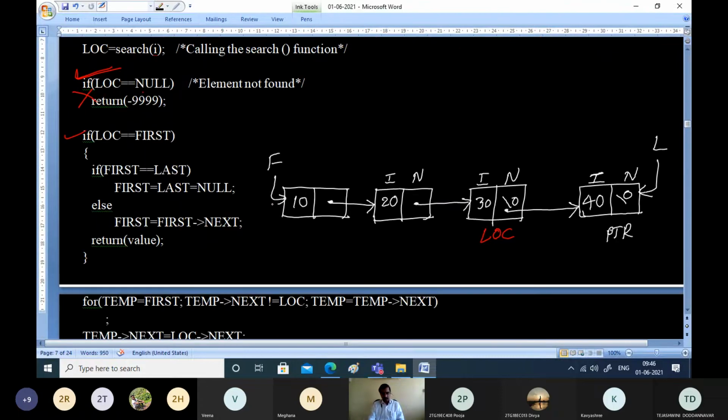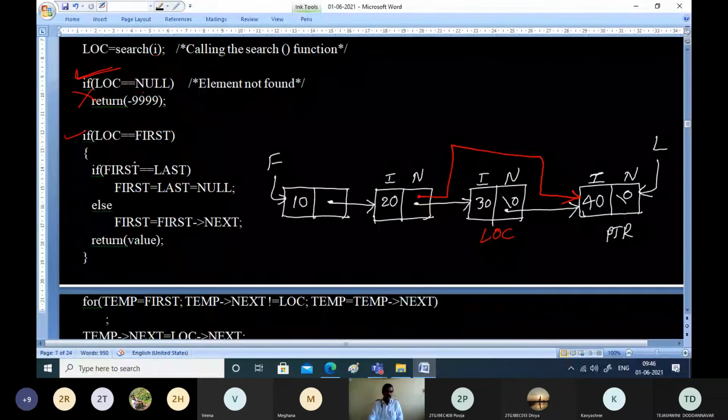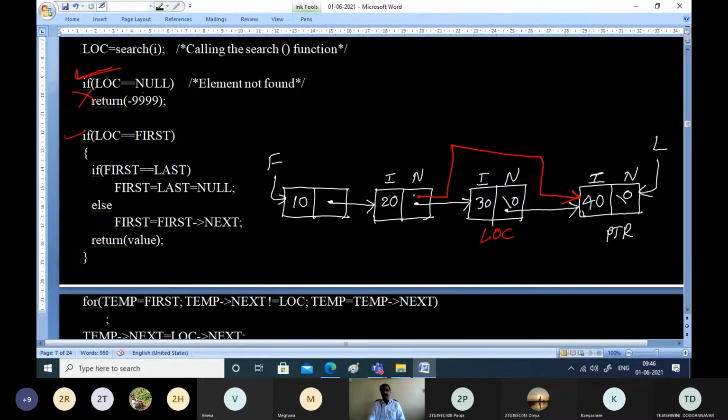So we'll go for performing the actual deletion. That means you should go to the node and delete it. So as you can see, what the logic could be here, once you delete this element, what we expect here is the next pointer of node 20 should point to 40. That's it. Before I go for code, what is the logic here? The next pointer of this node should point to 40 instead of pointing to 30. If you do this, what it means? It is understood that we are deleting this element successfully.